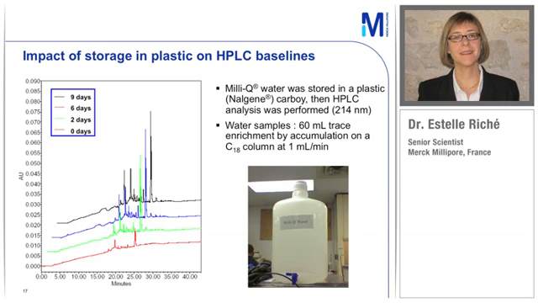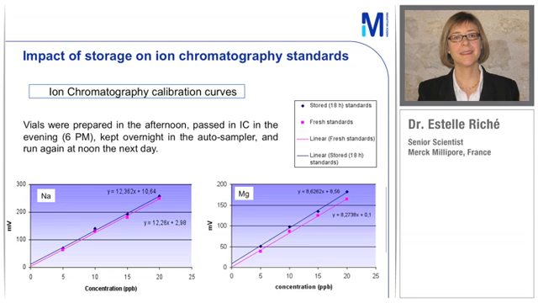What happens is plasticizers are released from the container into the ultra-pure water, and then you will see those on your chromatogram. So really, it is important to avoid plastic at all costs if you do organic analysis. Now, if you do ion analysis, then issues can happen as well. In addition to having contamination from the air, potentially, you may also have, of course, contamination from the container if